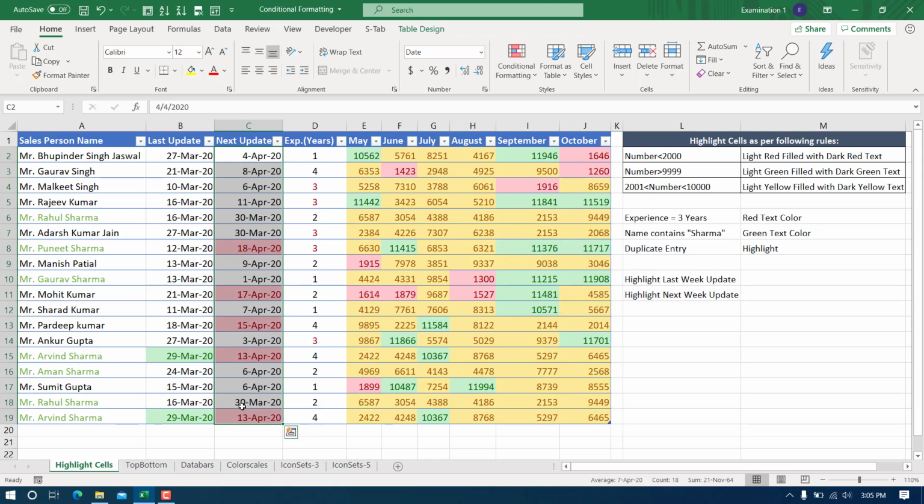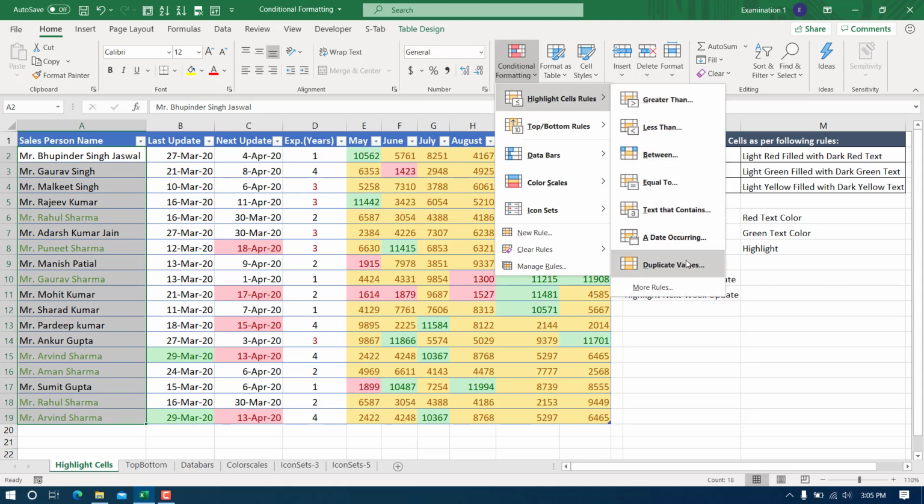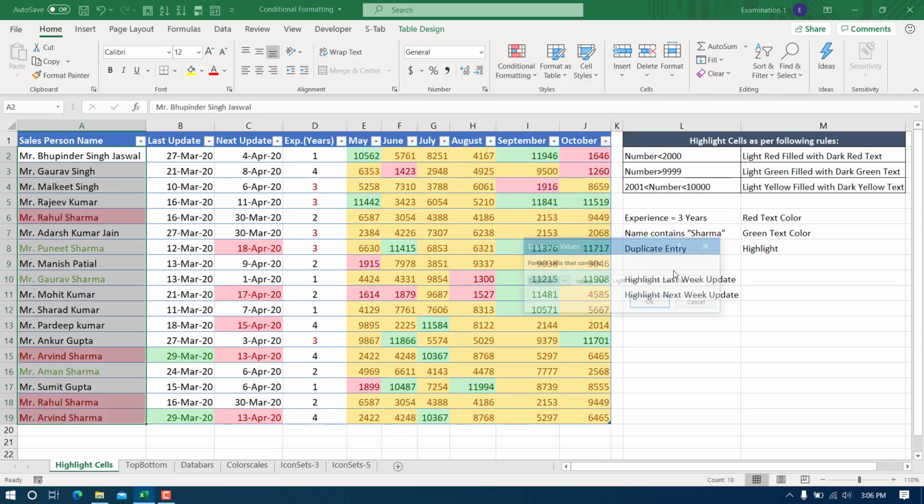So just by doing that, I can have an idea that in the next week I have got 5 different updates waiting for me. Alright, now sometimes you need to highlight the duplicate, something like here. So for example, if I select this, go to conditional formatting, highlight cells rule, and duplicate values, and you can